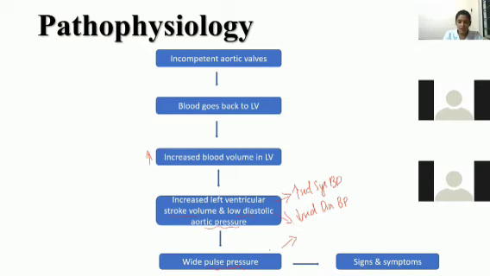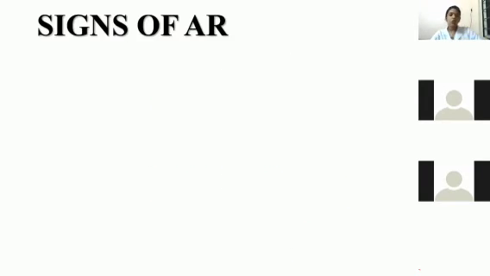So due to this phenomenon, there will be wide pulse pressure, and that will lead to signs and symptoms. Okay. So the symptoms of aortic regurgitation are more or less the same as aortic stenosis, but